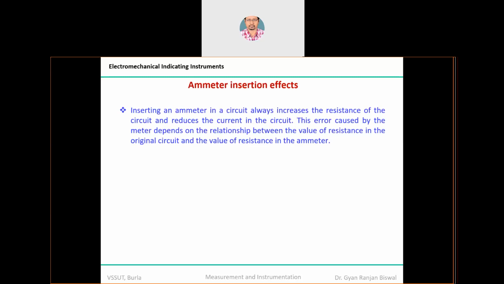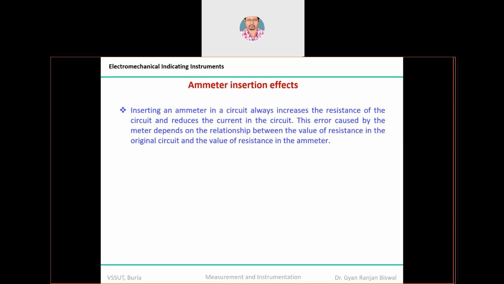Now this meter has a certain amount of resistance. What is the value? Rm. So whenever you are connecting a PMMC in series in the circuit under measurement, because of this additional device, the ammeter, it introduces Rm amount of resistance into the circuit in series. So what will happen? You are increasing the circuit resistance beyond that of the actual circuit resistance. Now the overall equivalent resistance has increased by Rm. Therefore, it will forcefully reduce the amount of current that can flow through the circuit.